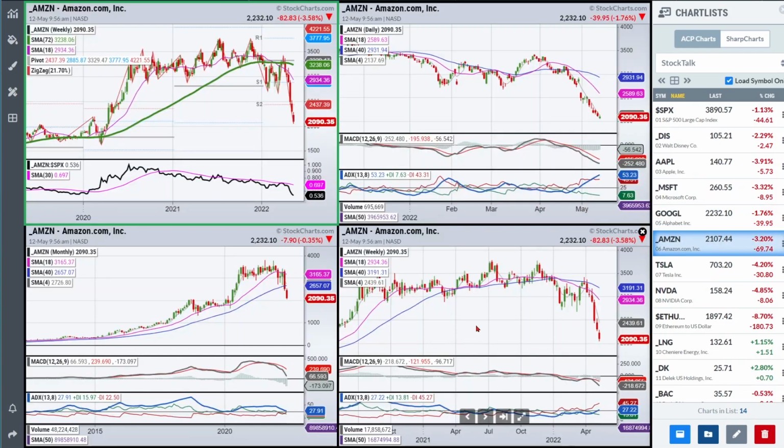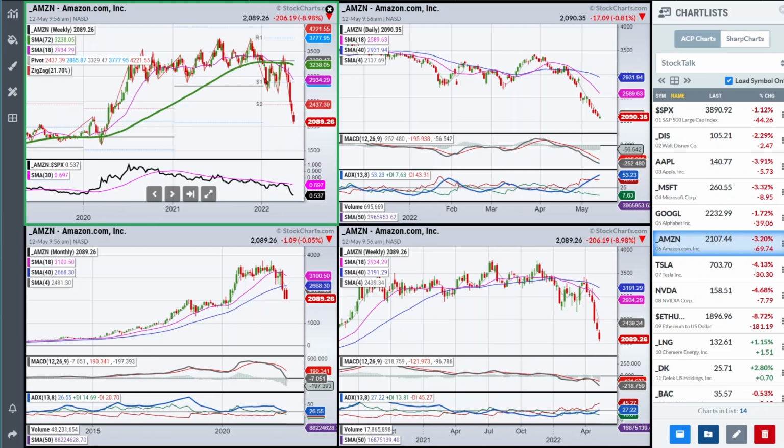Amazon. So now we're getting into a little bit more pronounced decline. We had the 1, 2, 3 reversal at the top. We had a failure at the 18-month, and then we get a plunge to the downside. Now we are coming down to a pretty big support area at 2,000. And while the momentum is not good here, right? We've got pretty strong momentum on the daily chart.